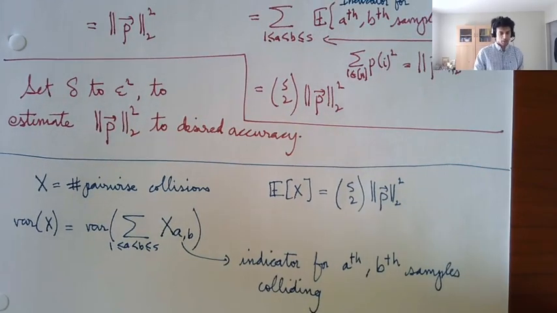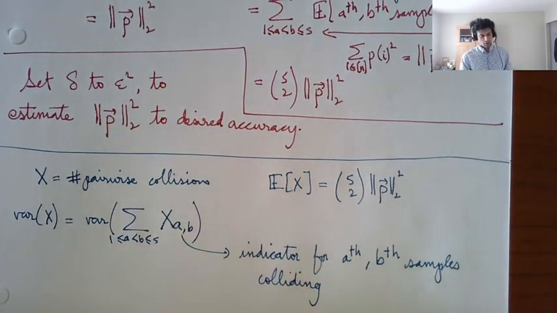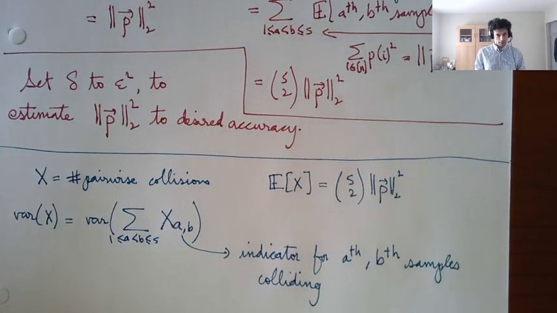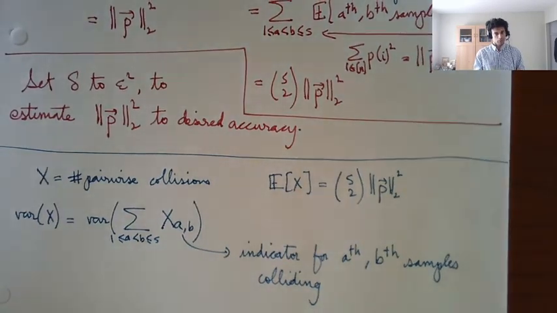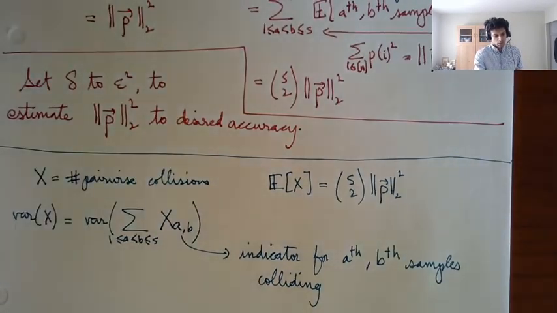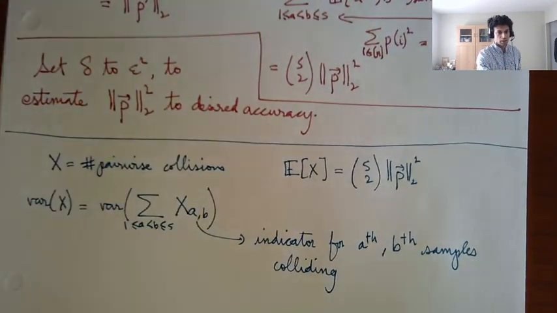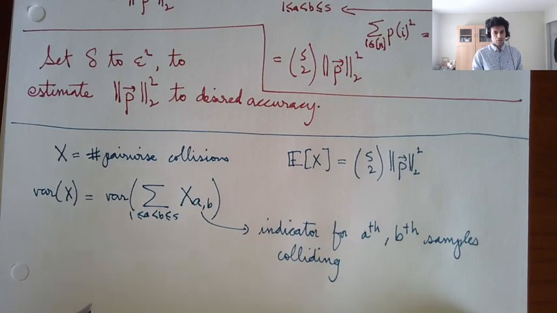Right? That's what xab is. So the xab's are not independent, and this is going to be the major problem in our analysis. Now, before we actually launch into bounding the variance, let's try to understand what it is that we're actually looking